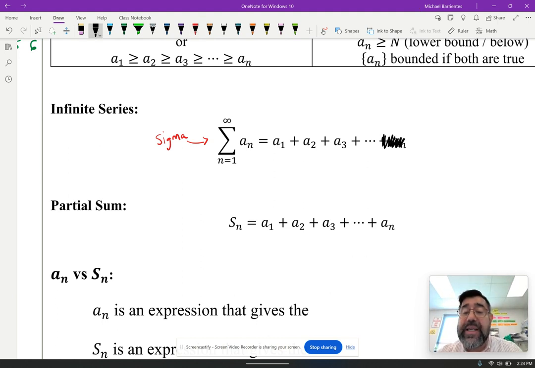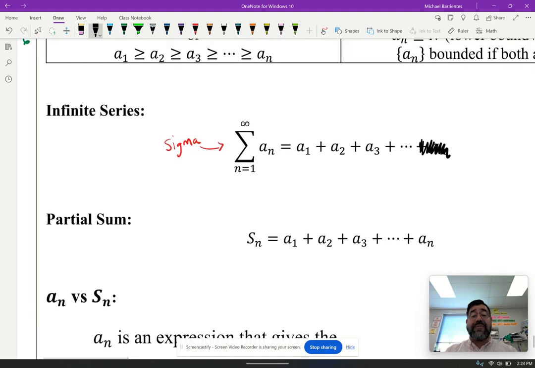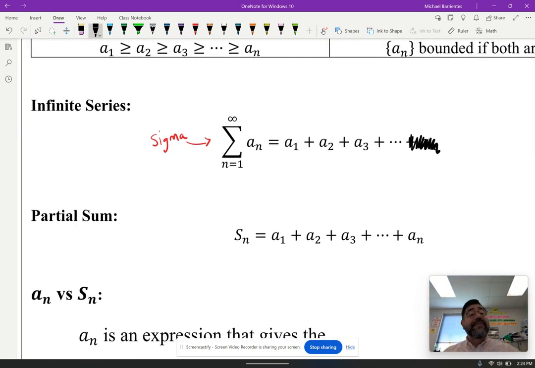So in reality, I'm going to have to correct this. I don't think this should be here because if it's going to infinity, that means this sequence just keeps on going forever. So you might ask yourself, well, how can I find the sum of an infinite number of terms? And we're going to find that depending on what kind of terms I'm adding, sometimes I can add an infinite number of terms and get an answer. But sometimes I can add an infinite number of terms and the sum just keeps getting bigger and bigger, and it never approaches a specific value. And so that's one of the keys that we're going to be investigating when we do Unit 10, is we're going to be asking ourselves these questions of,